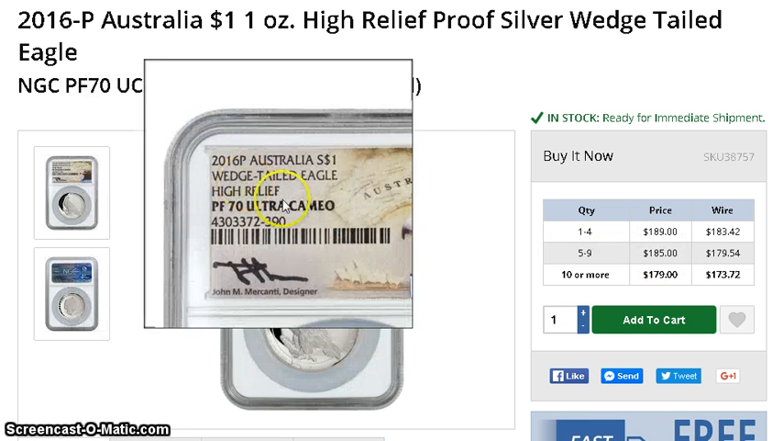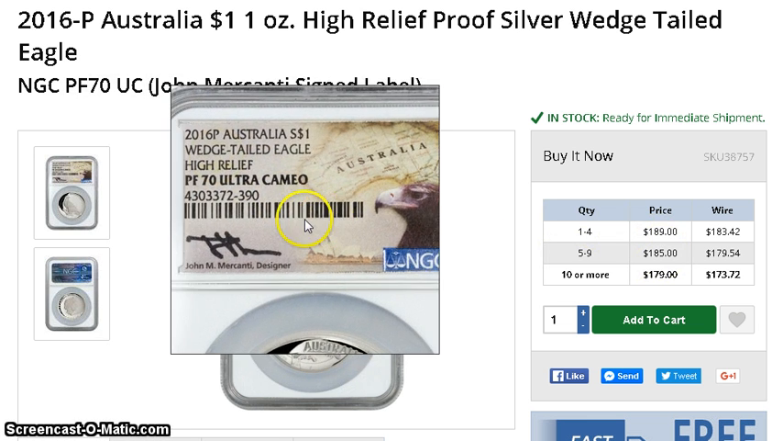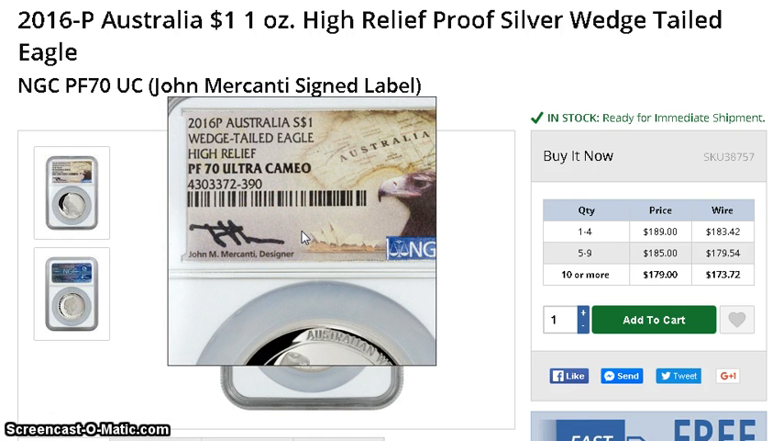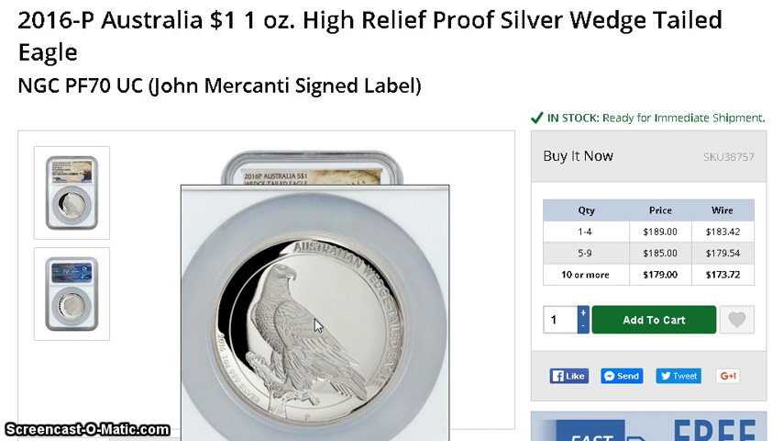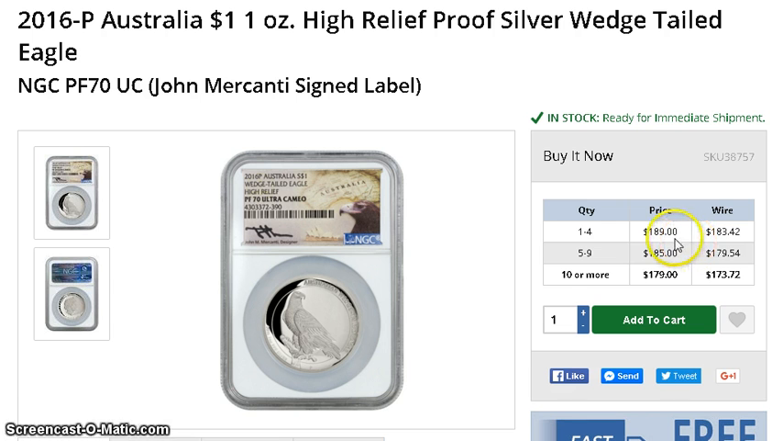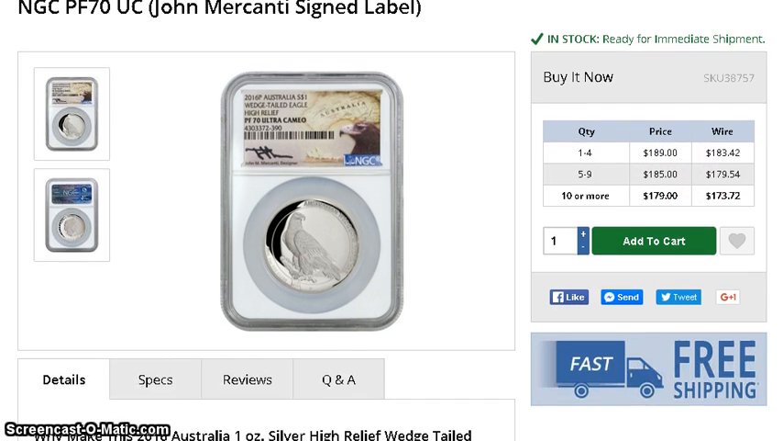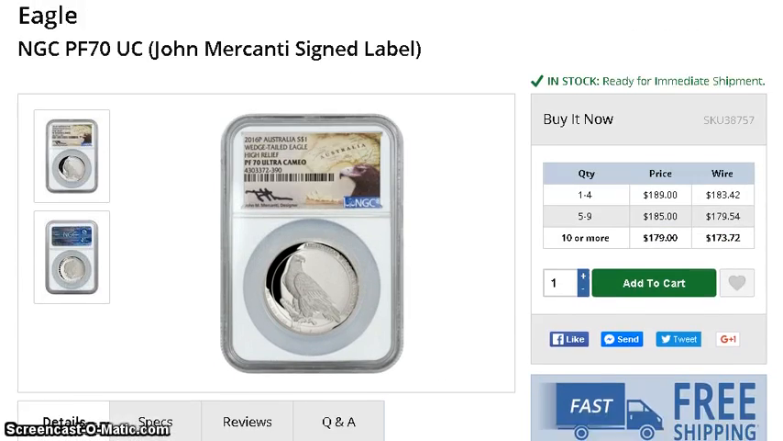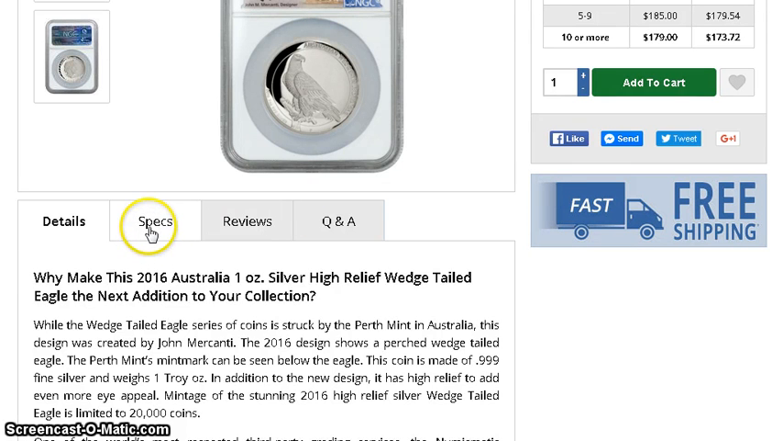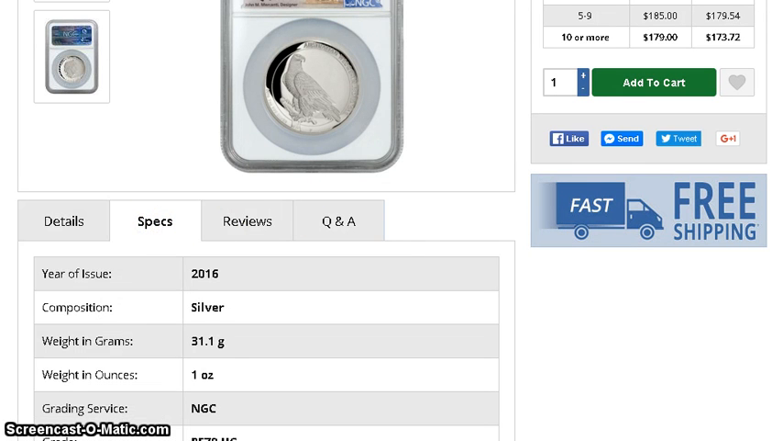And this is the NGC label that I was telling you about with John Mercanti's signature. It's a Proof 70 Ultra Cameo. And you have this is the high relief version. And they want $189 for it. It's the same price and it's free shipping. And one thing I found out about this coin compared to 2015, if you go to specs here and then you scroll down,